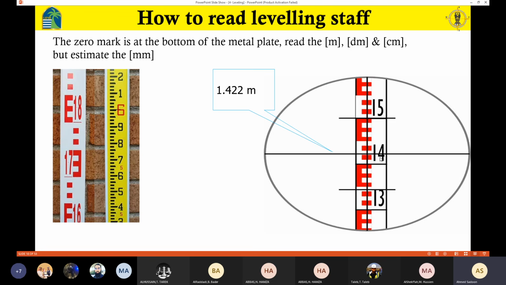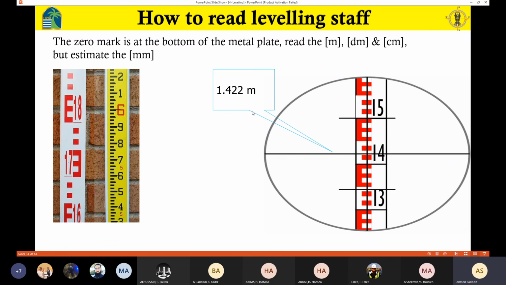first here is 1.4 meter or 14 decimeter. Then here I have an additional 1 centimeter and an additional 1 centimeter, which means that I have 2 centimeter. Then I have this distance. I need to estimate this distance, and it has been estimated as 2 millimeter. So here represents the meter, this one represents the decimeter, this one the centimeter, and this one